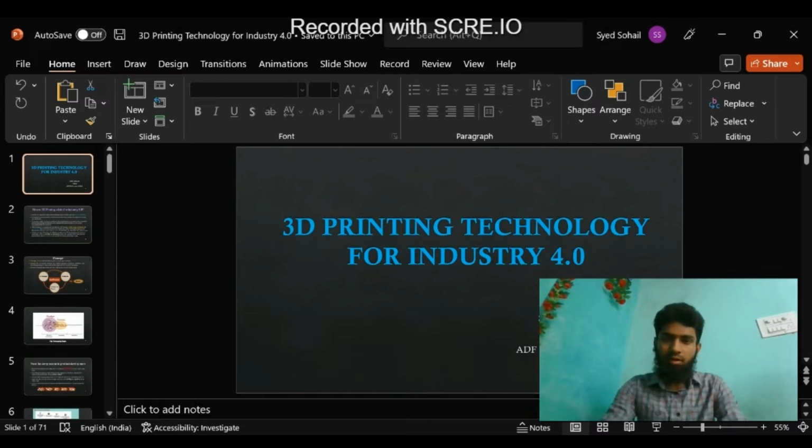This PPT is part of an FDP program. It's a mandatory e-content that is to be delivered. The title of the FDP was Digital Manufacturing and Industry 4.0, and what I'll be presenting is how